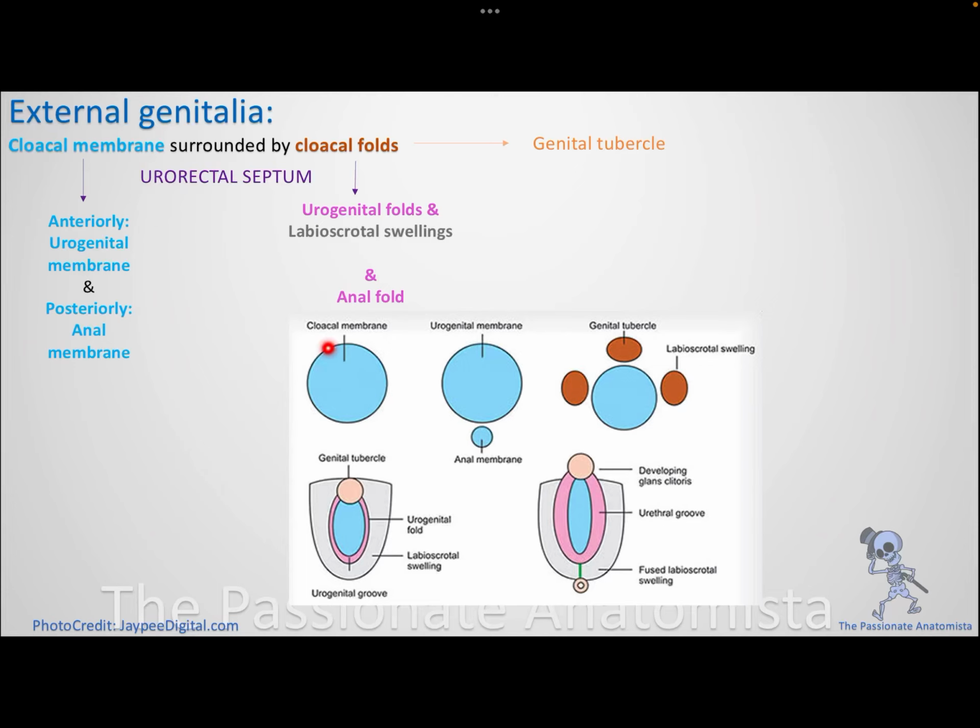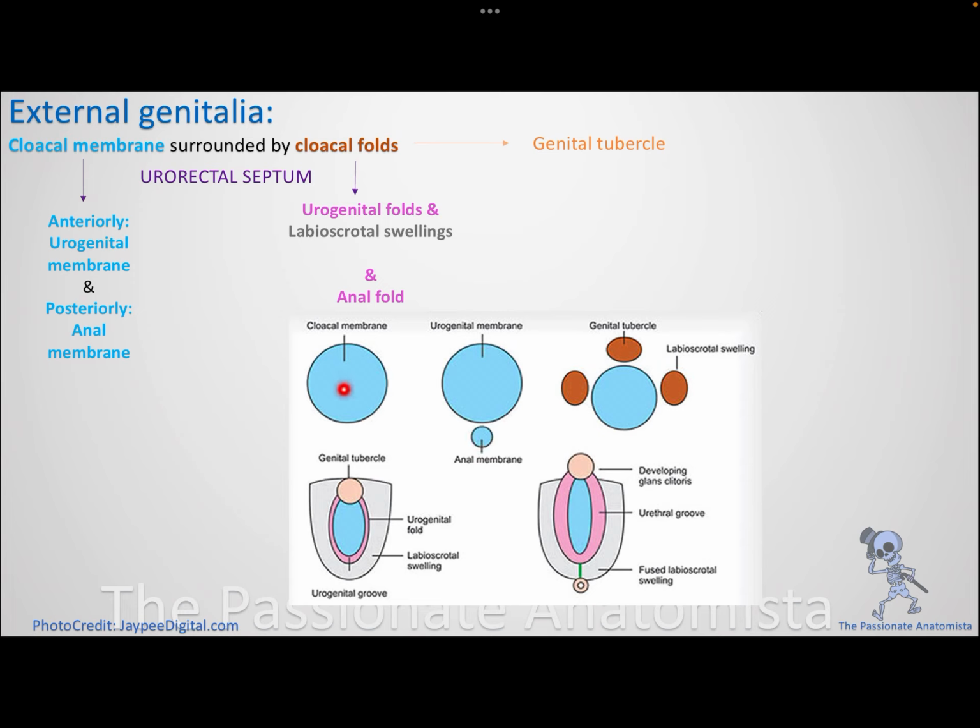Membrane, guys, this is the cloacal membrane. And the cloacal membrane, guys, is surrounded by something called cloacal folds. Right, we have the cloacal membrane and it is surrounded by cloacal folds. The cloacal membrane, guys, is going to be divided by the urorectal septum to give me, anteriorly, the urogenital membrane, posteriorly, the anal